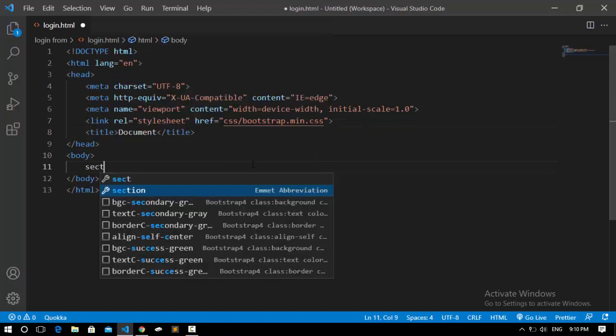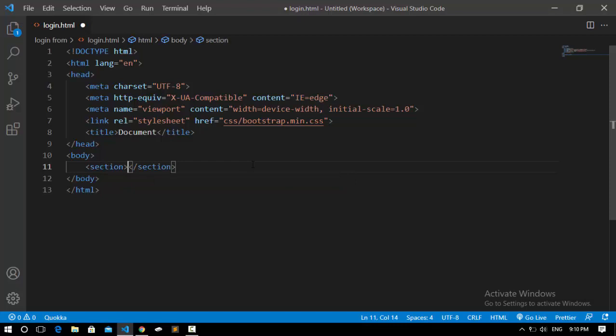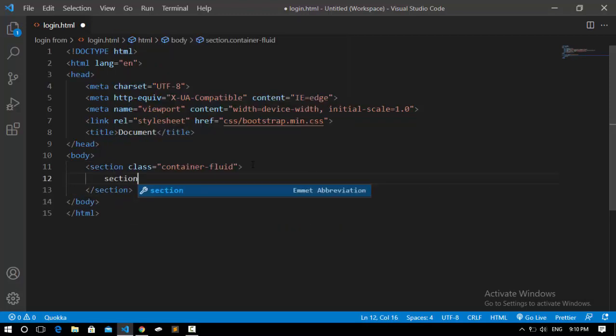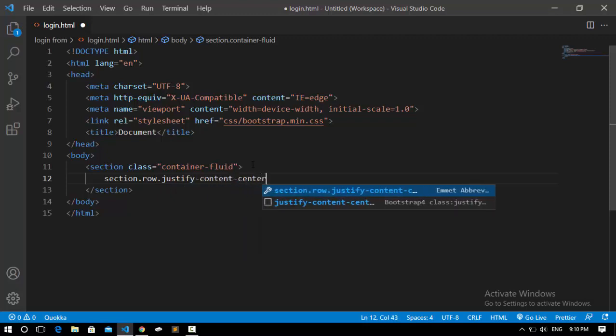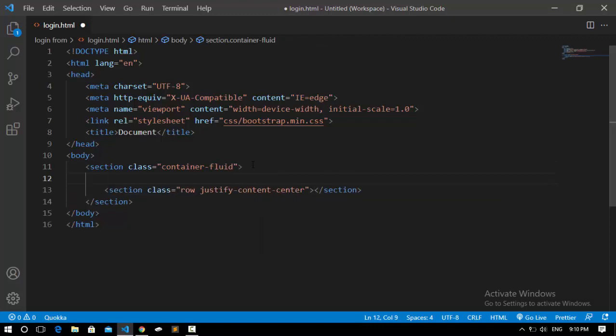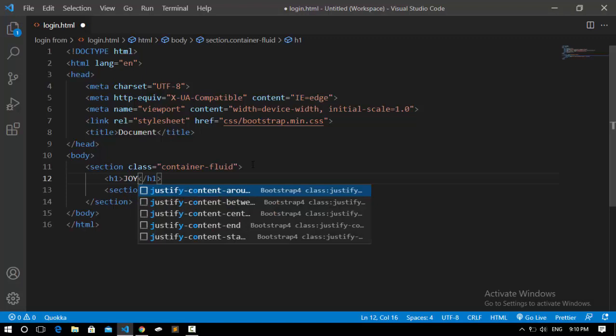So here I'm going to create a section. I'm going to say section. We're going to give it a container fluid. So inside this, I'm going to create another section, and it's going to have a class of row and justify content, justify content to the center. And before this, I'm going to create an h1. So I'm going to say joy learn,